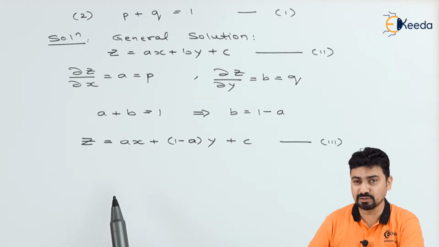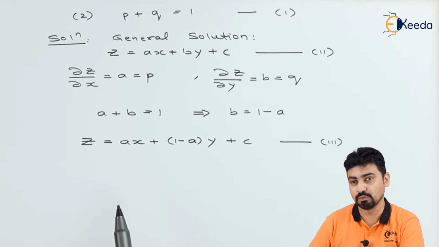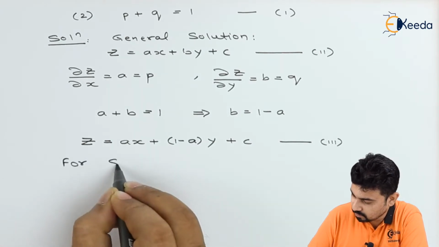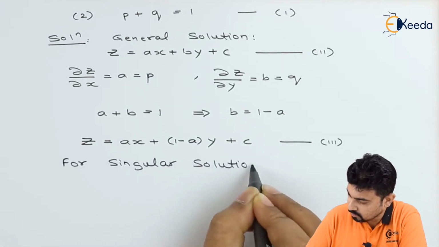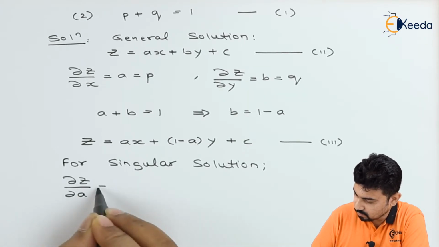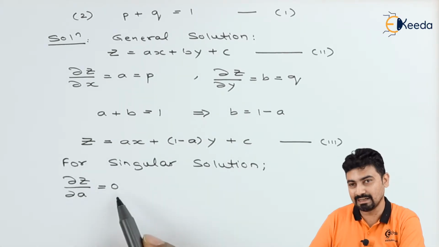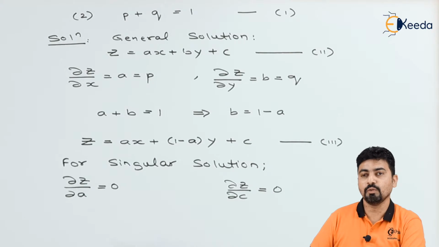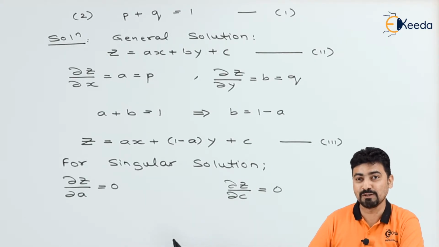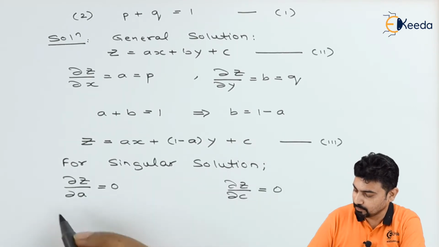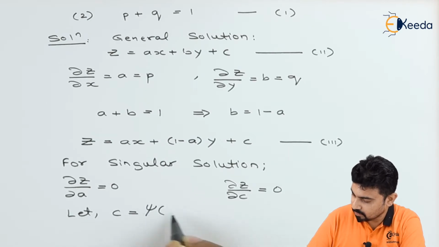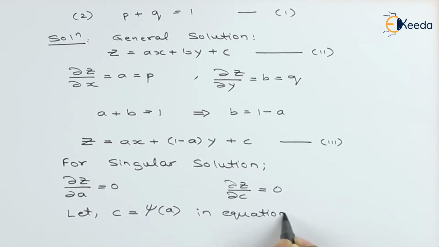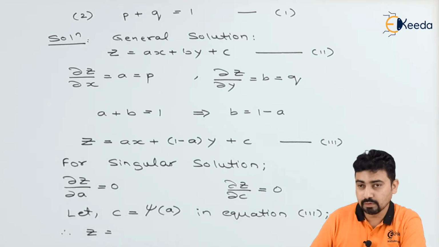To find a singular solution, we will be requiring two partial derivatives of z and we'll equate them to 0. The first one will be, so we equate del z by del a to 0, and the second part we equate. Now, before we do this, we need to substitute c also as a function of a. So we will put c is equal to a function of a in our equation number 3. So we finally get z as,